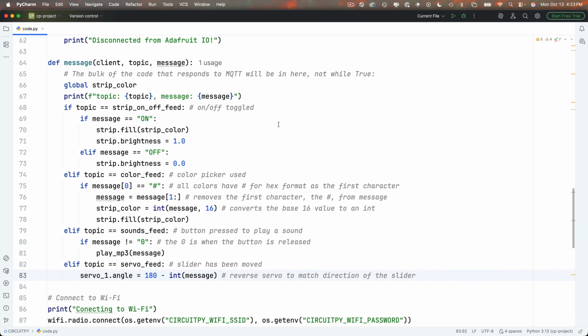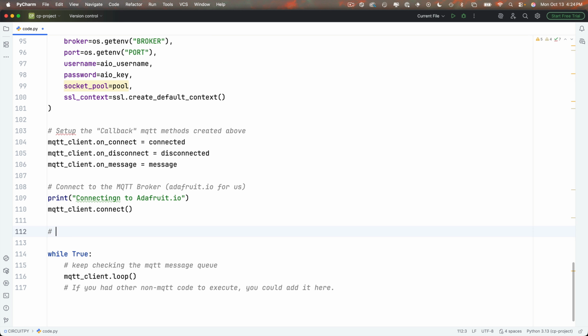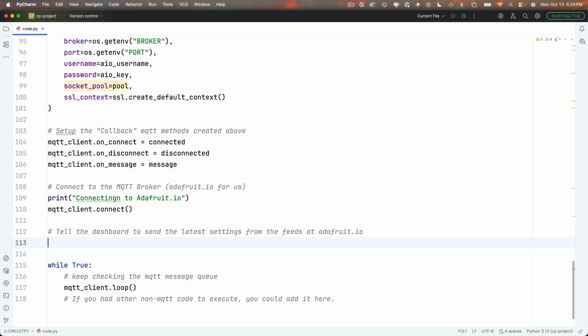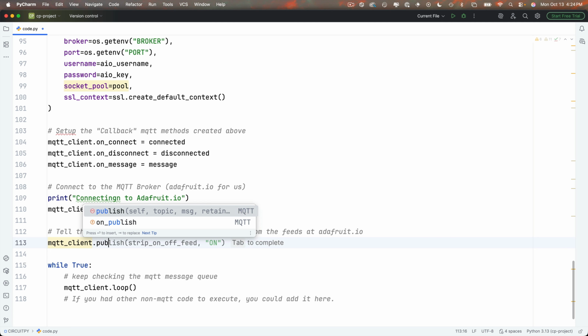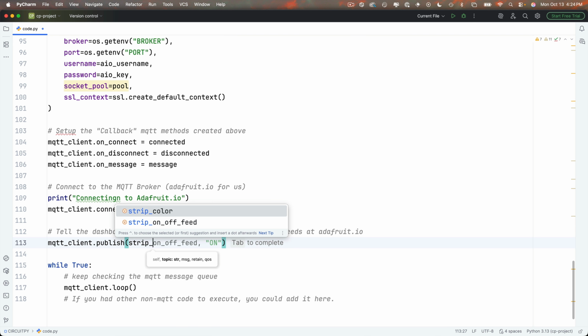Let's scroll down just before the while true loop. So after we call MQTT client.connect, we've connected to our broker. Remember, that's Adafruit IO. And then we're going to tell the broker, I should have written broker instead of dashboard, to send the latest settings from these feeds. So we're going to say MQTT_client.publish. Up until now, we've only subscribed to feeds, but now we're going to publish. And in between parentheses, we're going to say the name of the feed that we want to connect to. So I'll start off with